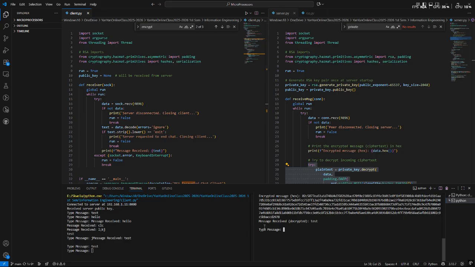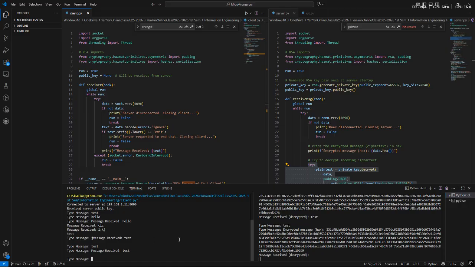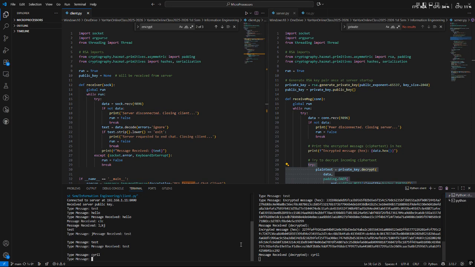As previously mentioned, if the server sends a message, it is received by the client as is. For example, let's say test. The client would receive the message as is. That is because the server has no encryption function. But here in the client, if the client sends a message, let's say Cyril,